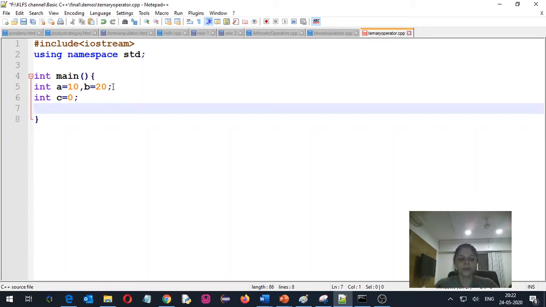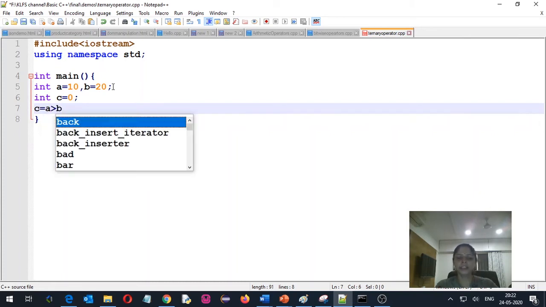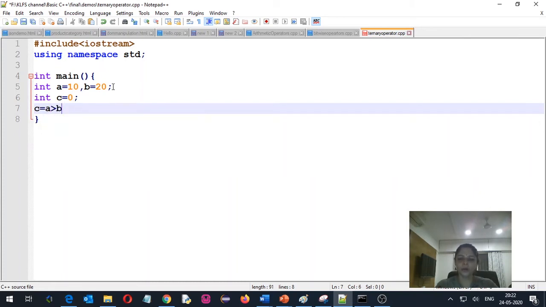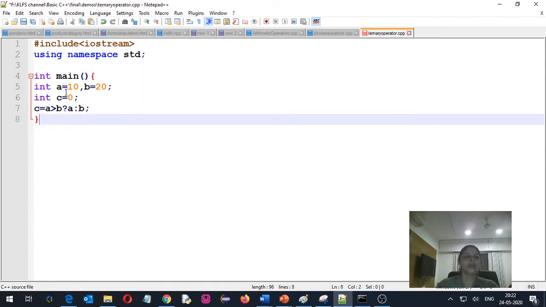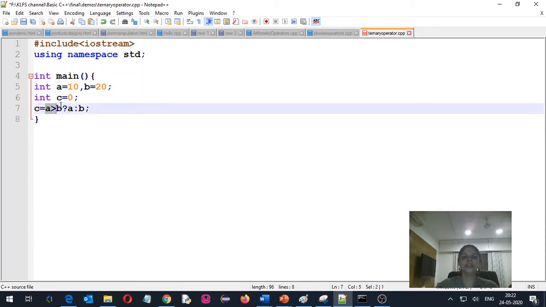So here I am using C is equal to A greater than B. If this condition is true, then I want to print A, otherwise I want to print B. Hence I am writing A greater than B question mark A colon B. In our case, the value of A is 10 and the value of B is 20. So this condition will become false, because of which the answer will be B, and hence 20 will get stored